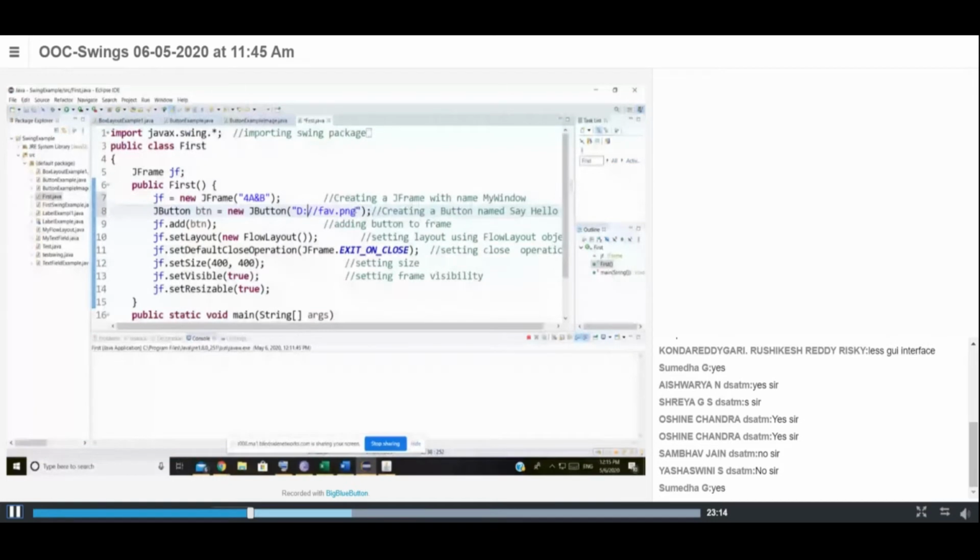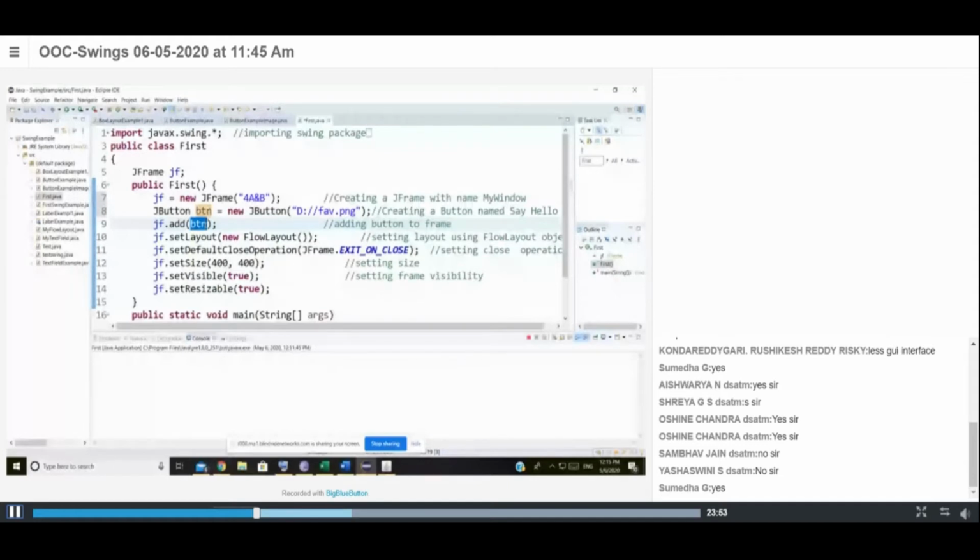The next thing is, first we'll learn what methods are present within this JButton class. So you know how to create a button by calling an instance of JButton. It will create a button. Buttons are nothing but a component in Swing. Once you create it, you want to add that button into your frame. In order to do that, you have a method called add. There you have to pass the instance. All of you just concentrate: what is our instance for the JButton? That is btn, is it right?